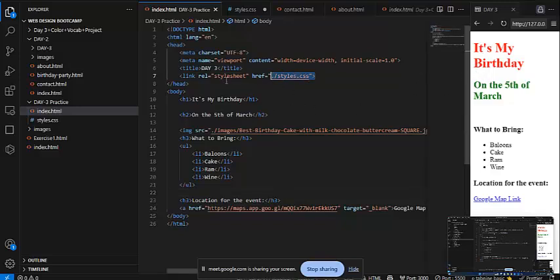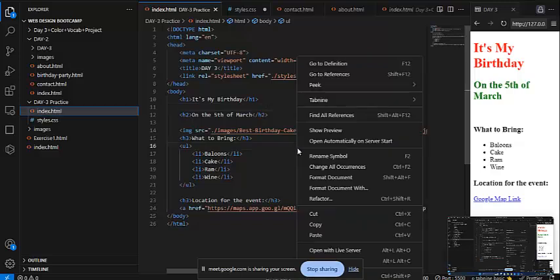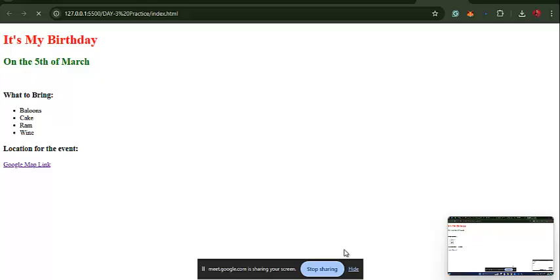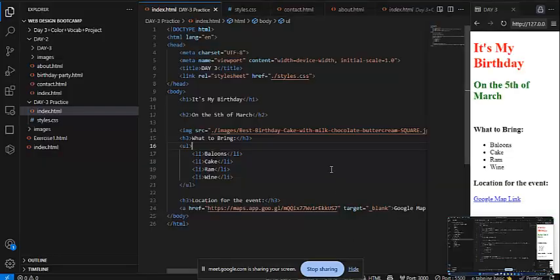Let me see what's wrong. Maybe I should refresh the browser. Let me open it again using the live server. Okay, now it's showing. Let me just close one tab. So that's how you can use